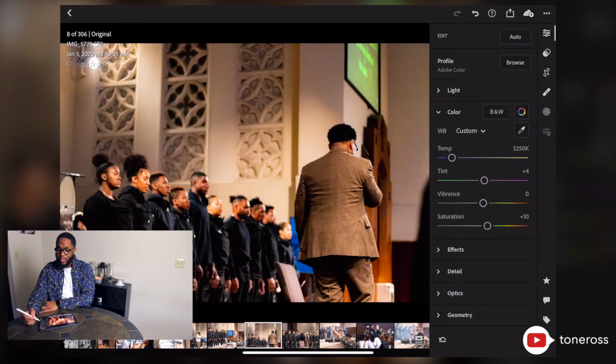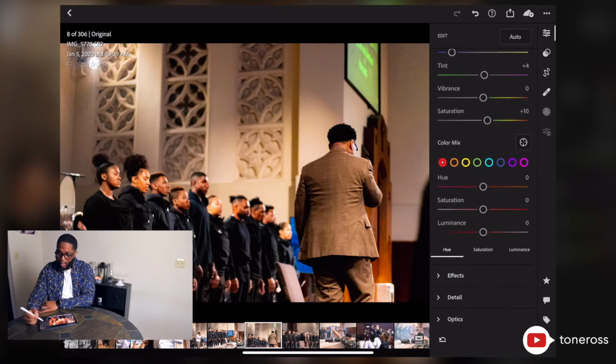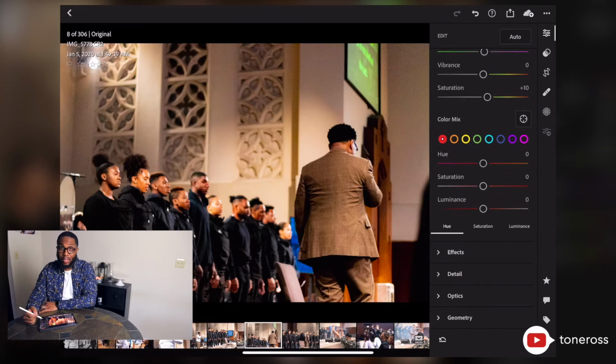But if you tap on this circle here, you reveal all of the colors where you can adjust the hue, the saturation, and the luminance for each color individually. So if you tap through, you can see that there. There's not too much color in this. We've got some blue down here and some green at the top, and the overall skin tones in the red and the orange. So what I normally do is pump the saturation a little bit on some of these colors